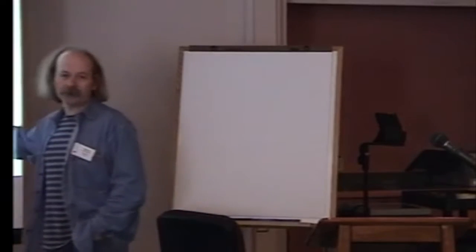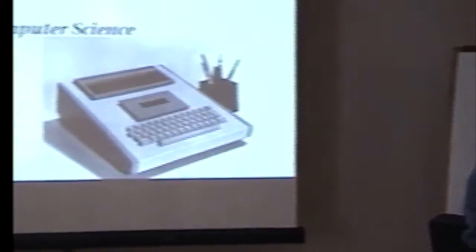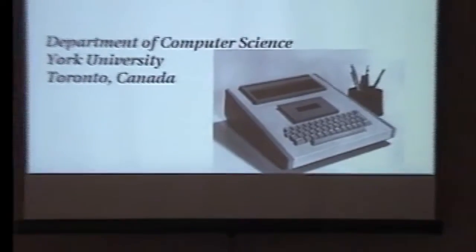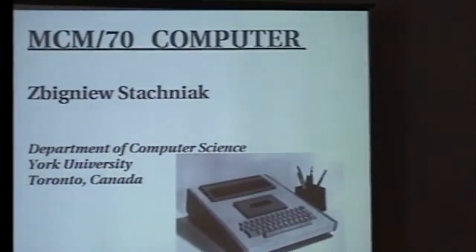Part of the excitement, at least my part, is that this is a very extraordinary box from both a hardware and software point of view. I will try to argue that what you see here,